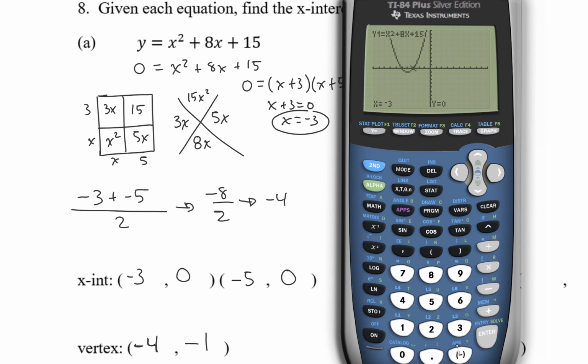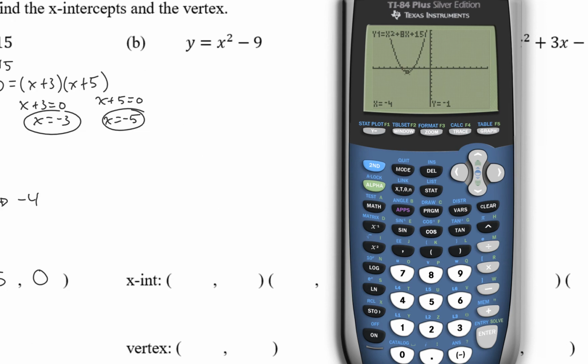And if I enter negative 5 for x, it should also give me 0, and it does. And the other thing that should happen is when I give it the number negative 4, it should tell me y is negative 1, and it does. So you can see I've got the correct x-intercepts and the correct vertex. So let's go on to